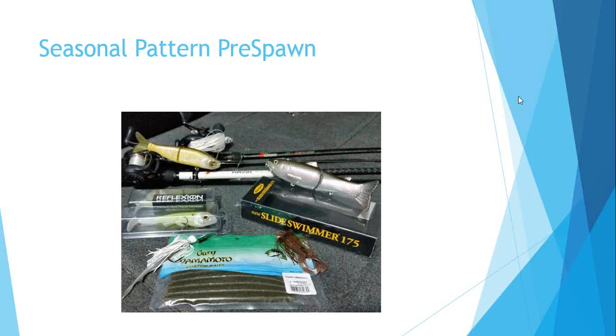So it's awesome, because once you punch it in there and get it to fall through, it seems like they eat it on the fall rather than having to present it. It hits the bottom, shake it a couple times, hop it, and then they hit it. But no, with that HydroWave on,